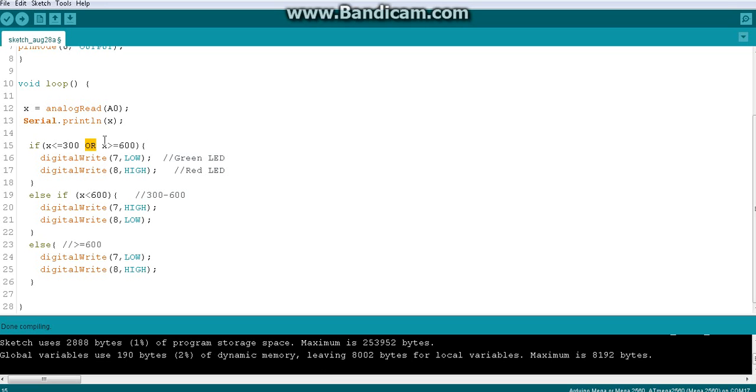So I will remove this English word OR and instead use the symbol that is used for the purpose. This is the operator used for showing us the OR condition, so this is an OR operator in between these two.